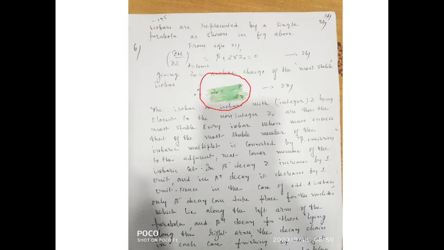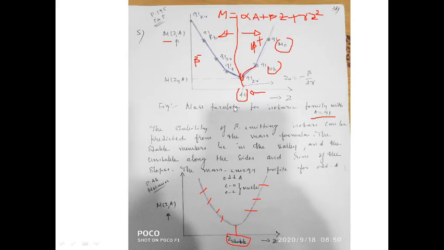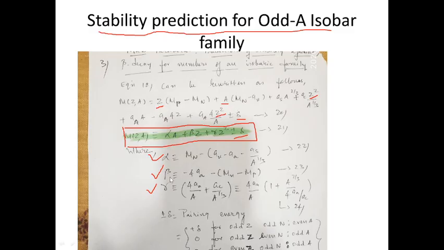Now I have to put the value of beta and gamma and check whether z0 is turning out to be 40 or not. Now that is an exercise. I leave it to you. You'll ask me how will you calculate beta and gamma. Beta and gamma values are given here. To calculate beta, you need to know the asymmetric coefficient, whose values we had given earlier. You need to know the mass. You know the mass of neutron. You can take it from the table, 1.008 something. You please take the exact value and subtract from it the mass of proton.